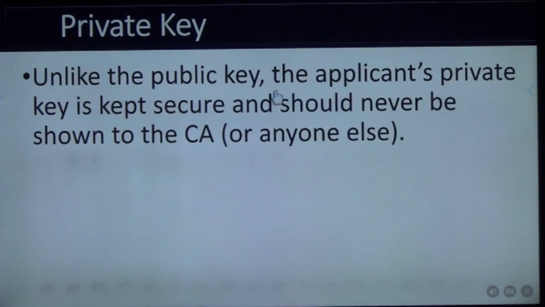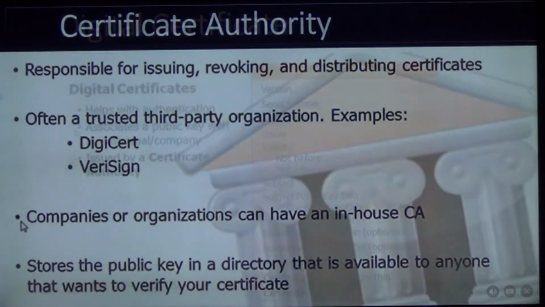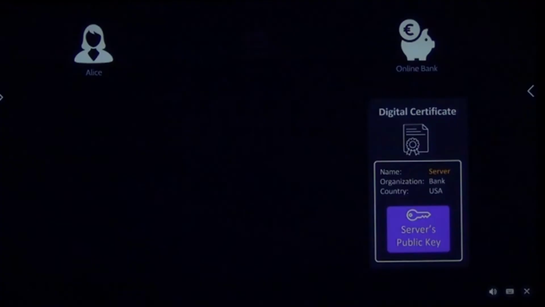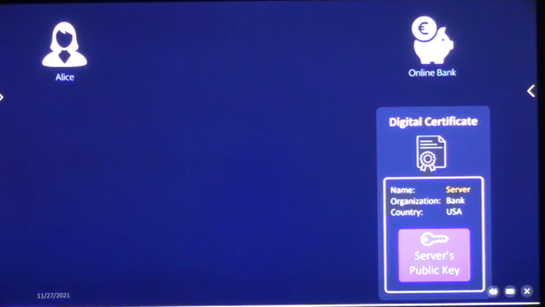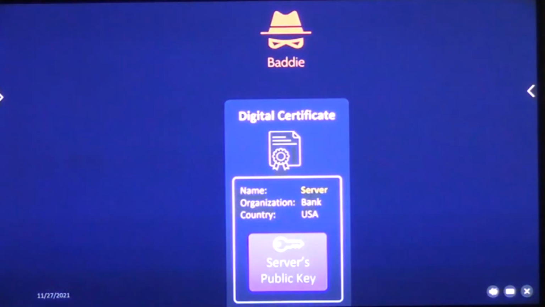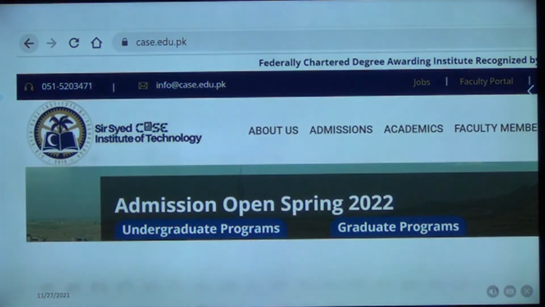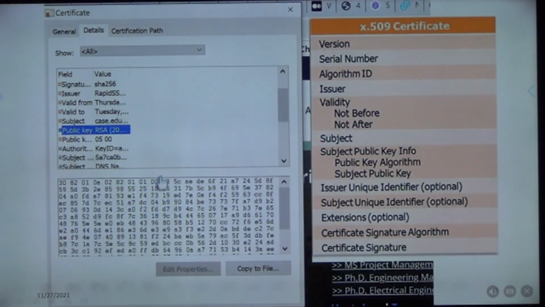फिर मैंने इनको दिखाया कि केस ने केस की आप वेबसाइट पे जाएंगे तो केस की वेबसाइट के ऊपर यहां से आगे आपने अगर अटेंड किया हुआ है ये केस की, ठीक है, तो ये वहां पे ये लॉक बना हुआ होता है। If you click on this lock, ये आपको दिखाएगा कि केस ने ये सर्टिफिकेट लिया हुआ है और उसमें जो पब्लिक की है केस की वो आपको नजर आ जाएगी। This is the public key of केस, और इस पे डिजिटल साइन हुए हुए होंगे जिसने ये इशू किया है हमें।